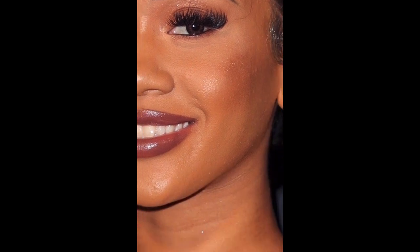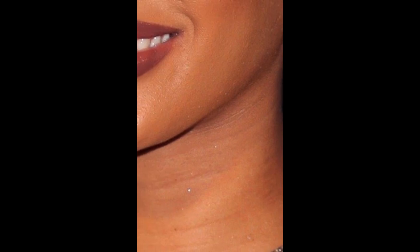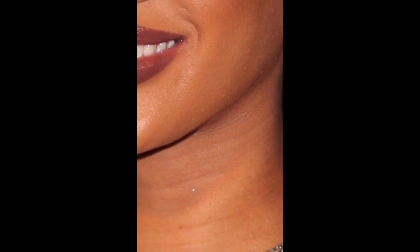So it has the even prosthetic look. And then you can see right here, it's blended in with makeup so that you can't tell. But right here, this line right here, that's where the mask ends. Because notice how the rest of the lines look authentic. But this one kind of looks fat. This line kind of looks like it's popping out of her neck. So